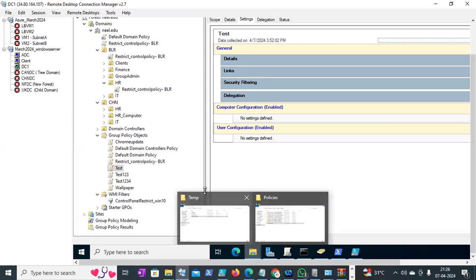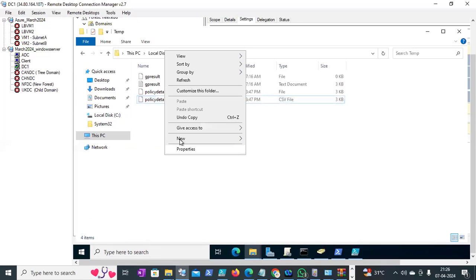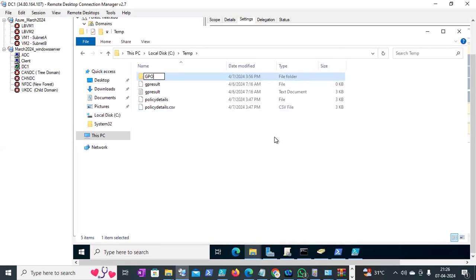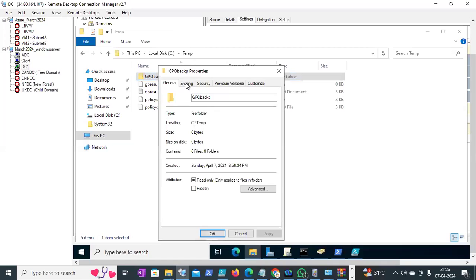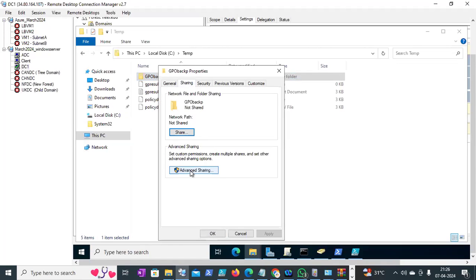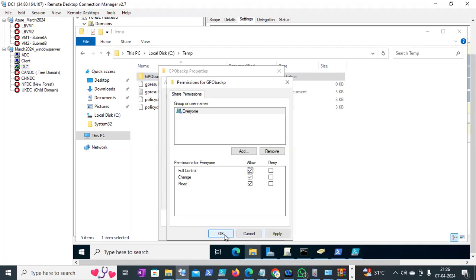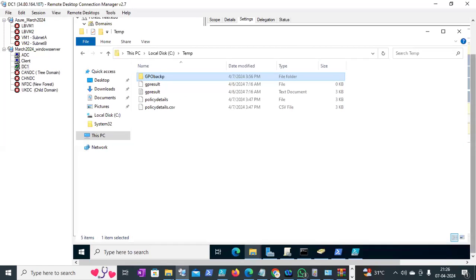If I create this policy, under the temp, create a folder called GPO backup. You can put it into one of the backup locations. You need to save this folder. Okay, permission. This is required for the path, where you need to remember that whatever SYSVOL folders are there,